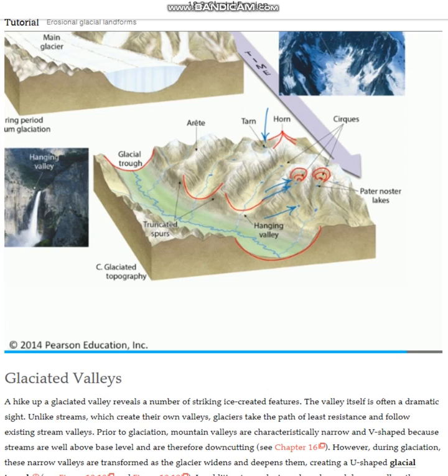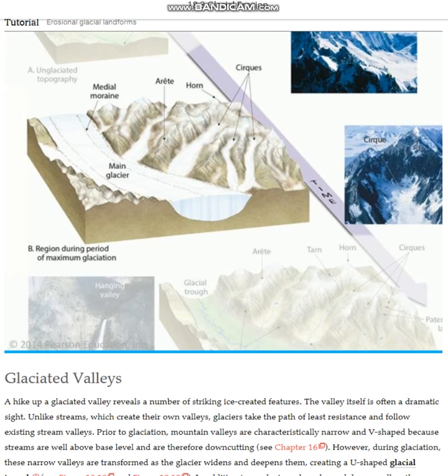The intersection of those U-shapes can produce the knife-edge ridges known as arêtes, and where the arêtes abruptly truncate against the main glacial trough,